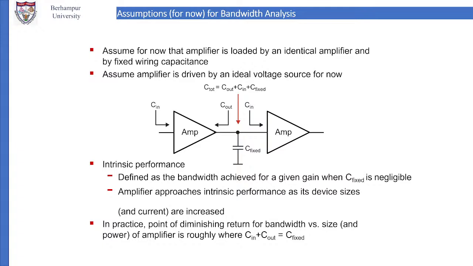The size of a resistor, if it increases, then its resistance decreases. Size decreases, resistance increases. So that is why an amplifier will approach its intrinsic performance, that is the best performance, as its device sizes and the currents are increased. Both are increased. In practice, there is a point of diminishing return for bandwidth versus size